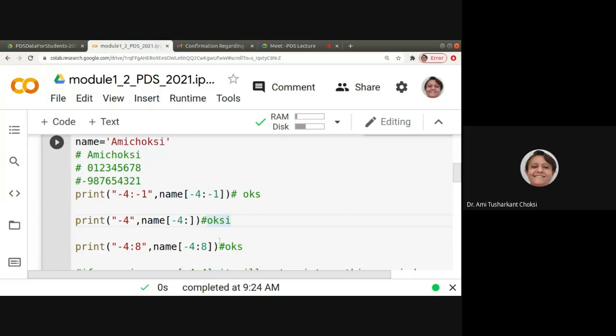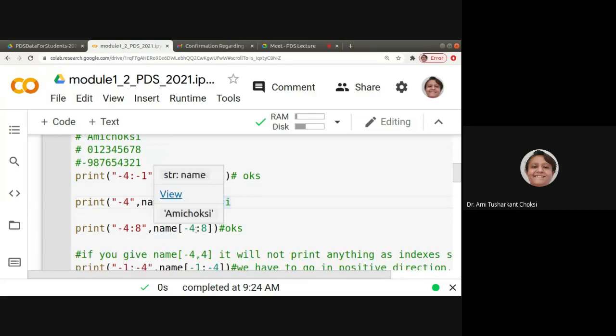Okay, fine. Now if we provide -4 as the start point and at the end we provide a positive number, it can be the case. It's not necessary that the start point and end point must both be positive or both negative. You can provide them as a positive-negative mix, but it should be proper. If it is proper, it will give you output, otherwise it will provide you an empty string, isn't it?